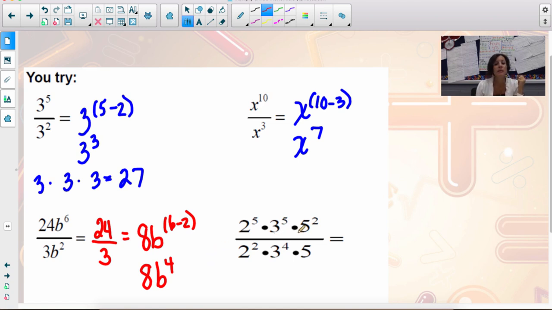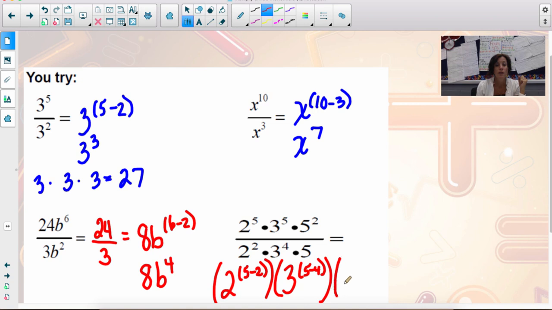And our last example is an expanded form, allowing us to see what's going on. 2 to the 5th power times 3 to the 5th power times 5 squared divided by 2 squared times 3 to the 4th power times 5. So we're going to go ahead and subtract. So that's 2 to the 5 minus 2, times, I guess we should put them in parentheses, times 3 to the 5 minus 4th power times 5 to the 2 minus 1 power, which leaves us with